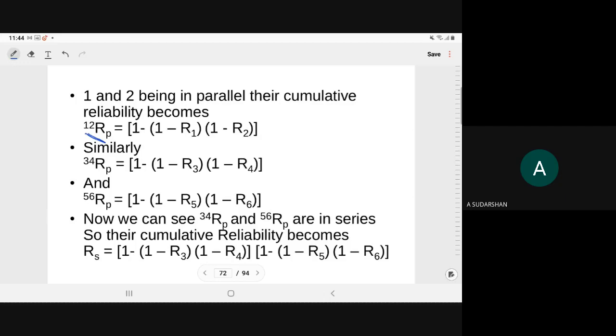Similarly, 3 and 4 are in parallel, so the reliability of the subsystem will become 1 minus R3 into 1 minus R4. Similarly, component 5 and 6 are also in parallel, so 1 minus R5 into 1 minus R6. Now, the subsystems 3, 4 and 5, 6 are in series, so the reliability of 3, 4, 5, 6 will become